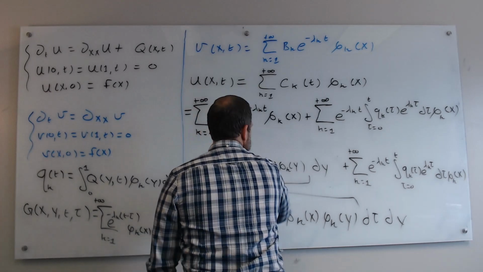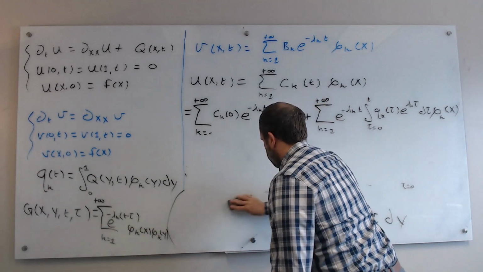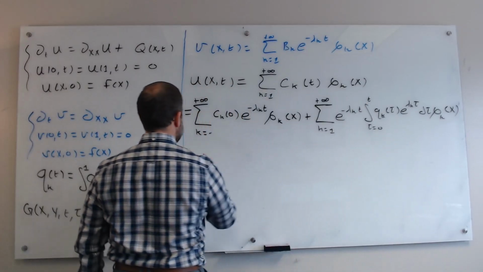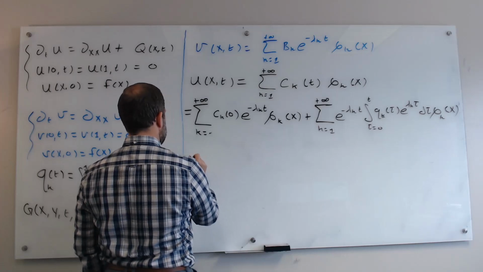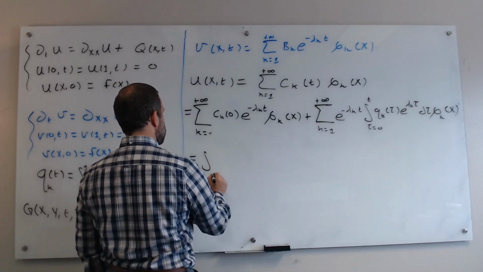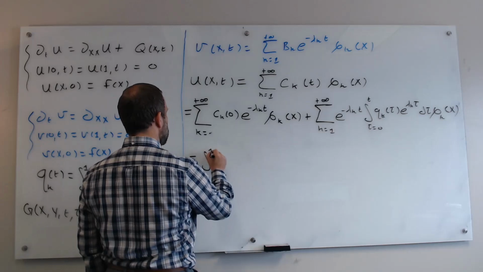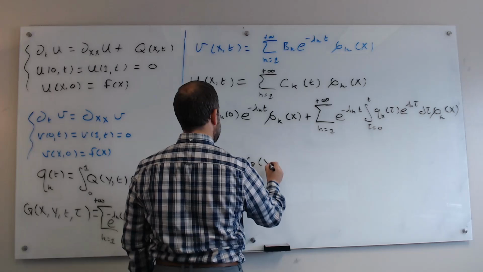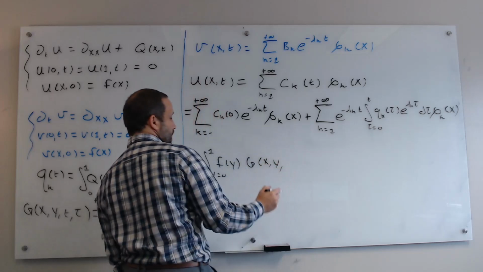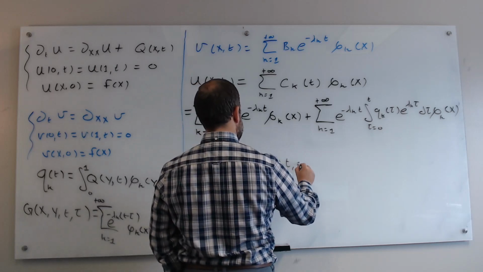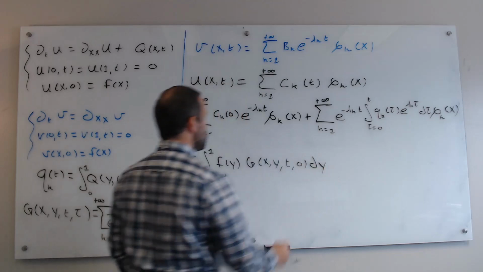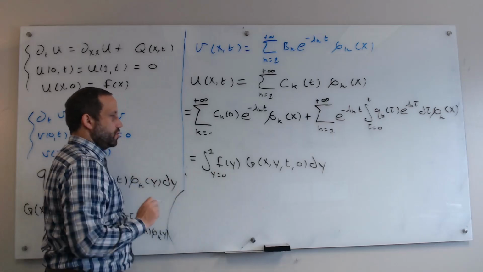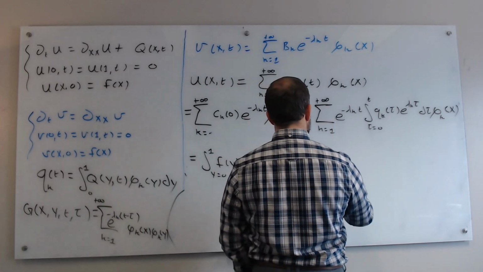I can write the entire solution as the integral from y equals 0 to 1 f of y times g of x, y, t, 0, dy. This is the part of the solution that corresponds to the initial condition, and then plus the